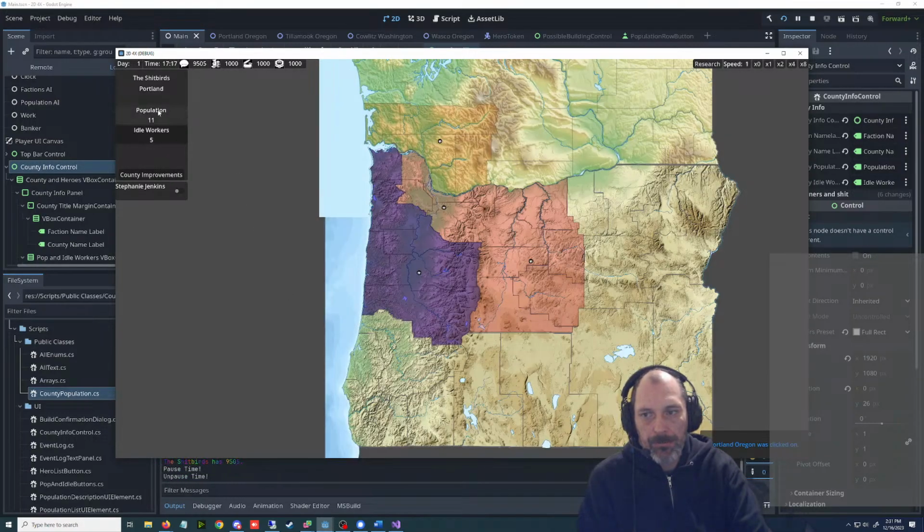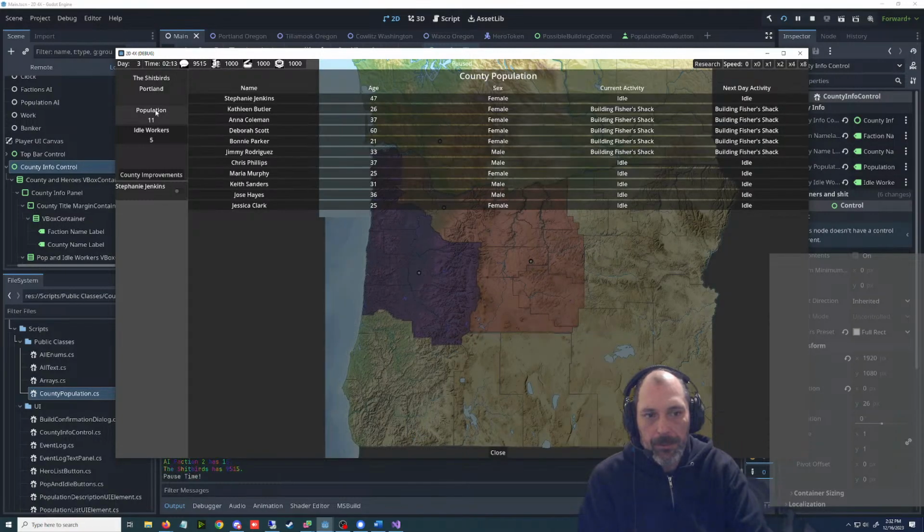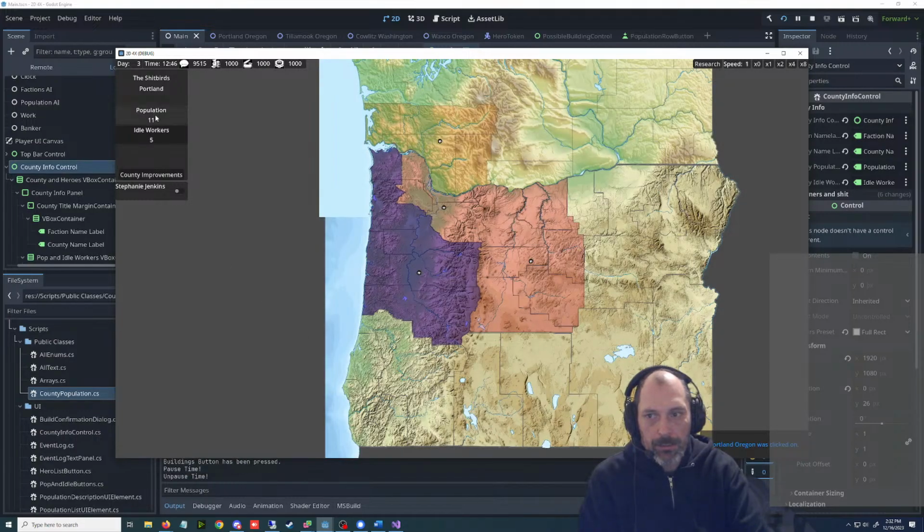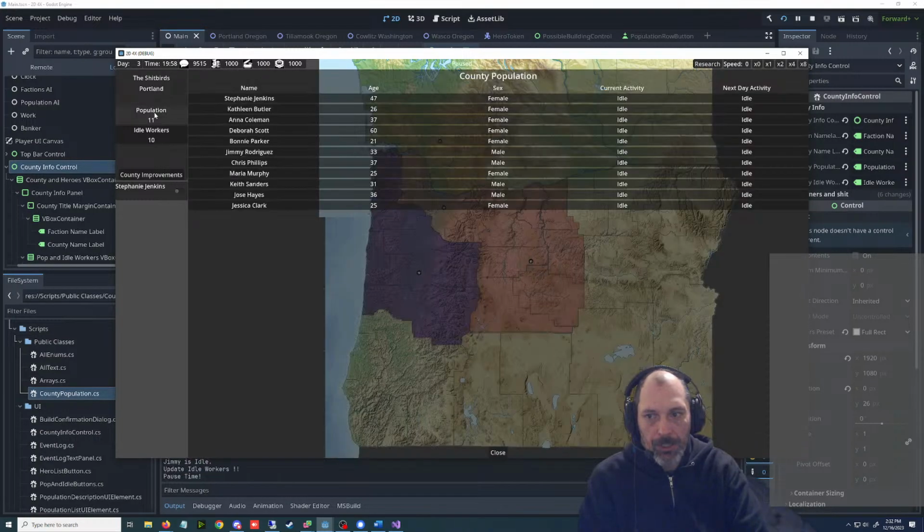Fisher Shack. Idle workers has changed. I wasn't even paying attention to that. Fisher's Shack. There, one more day of work. Boom, day of work is done. They're all idle.